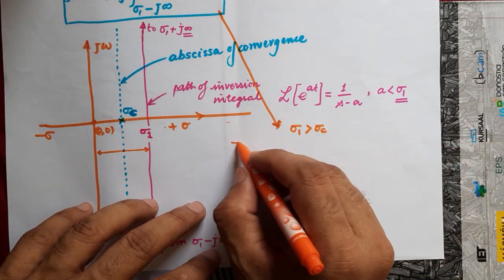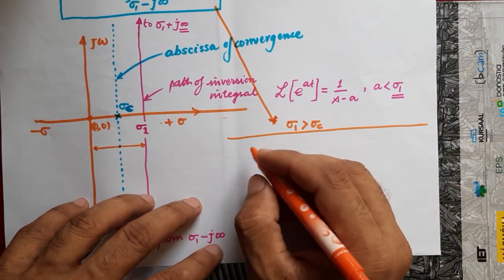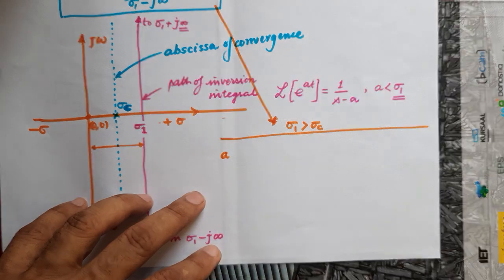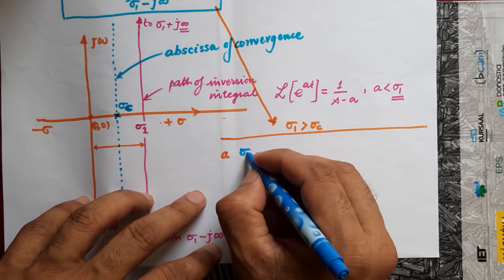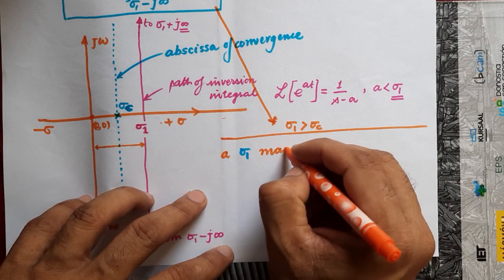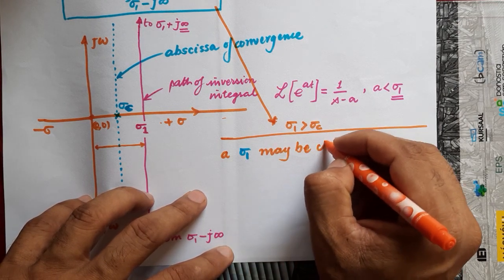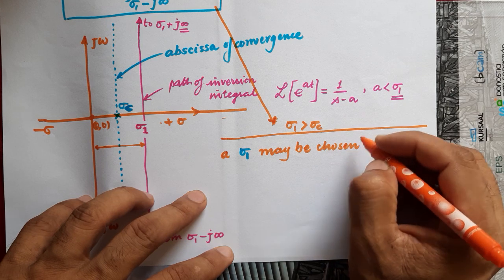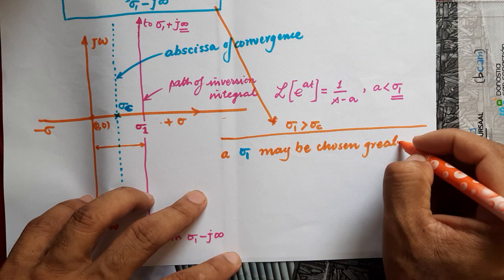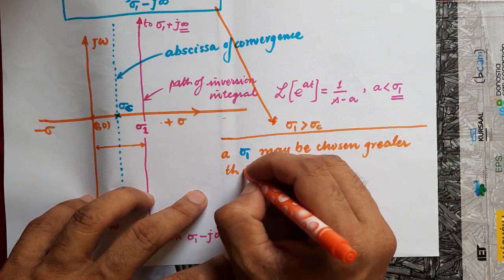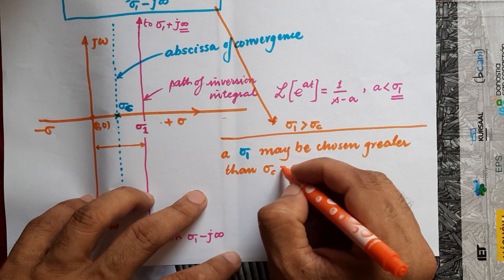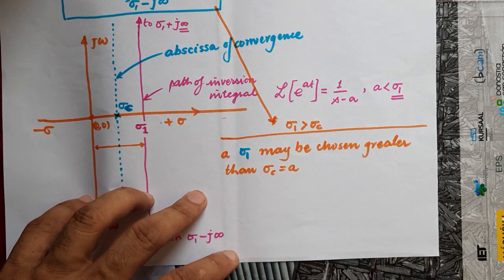Now the fact that sigma 1 may be chosen greater than sigma c, which is equal to a,